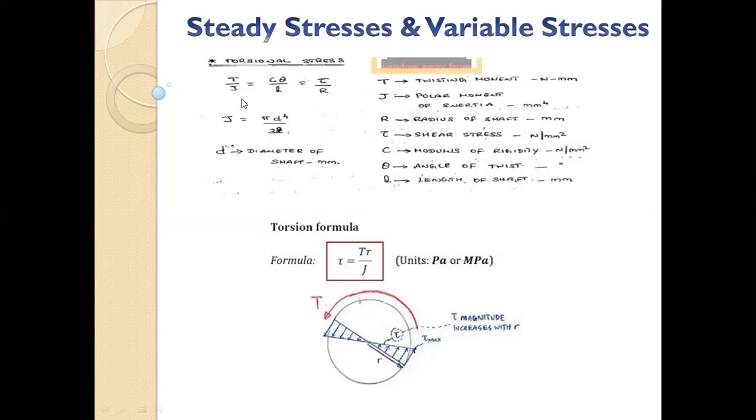J is polar moment of inertia. We use the parallel theorem or perpendicular theorem for moment of inertia. So using the perpendicular theorem, if you add two perpendicular moments of inertia, you will get the polar moment of inertia. So pi by 64 d raised to 4 plus pi by 64 d raised to 4. These two moments of inertia will give pi by 32 d raised to 4. So polar moment of inertia for circular shape is pi by 32 d raised to 4. It is twice the moment of inertia, what we saw as Ixx or Iyy in the previous slide. The polar moment of inertia for a circular shape is pi by 32 d raised to 4.